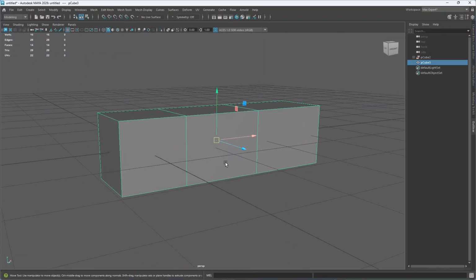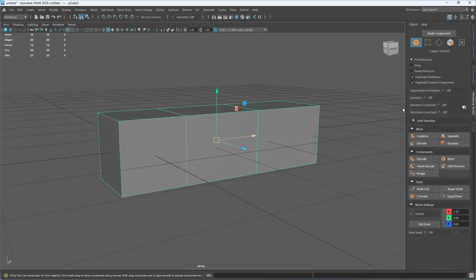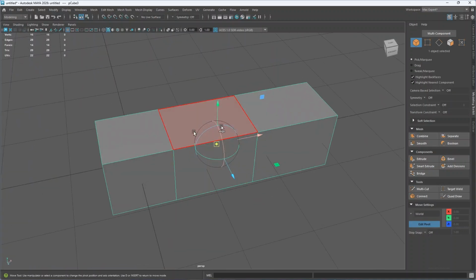Now, if you want to move the pivot, it's still the same thing as editing the pivot, but this time you are not just going to edit the pivot and center it. You are going to edit the pivot and take it to the desired location. So we still have two ways of doing this. First, you have to go to your modeling toolkit, and when you go to your modeling toolkit, just hit edit pivot, and when you hit edit pivot, you are going to get this transform